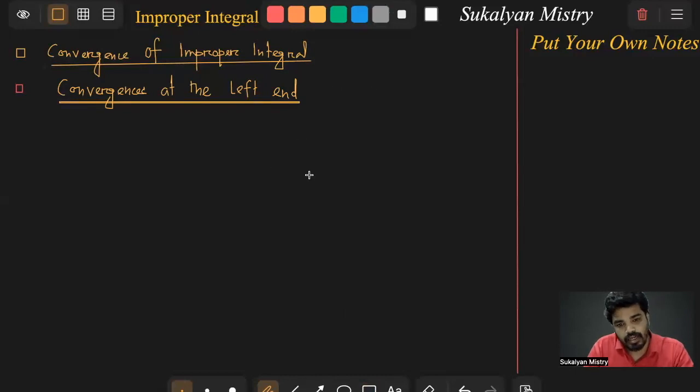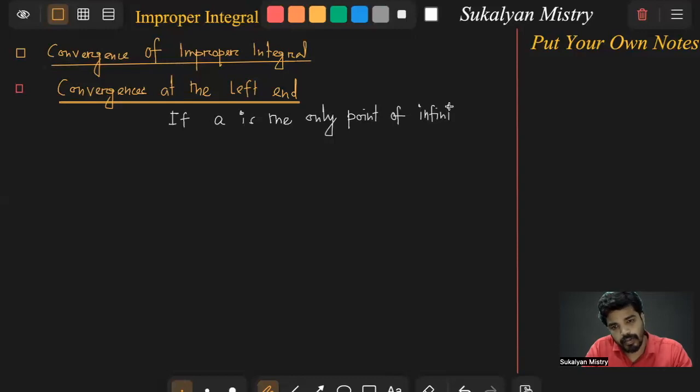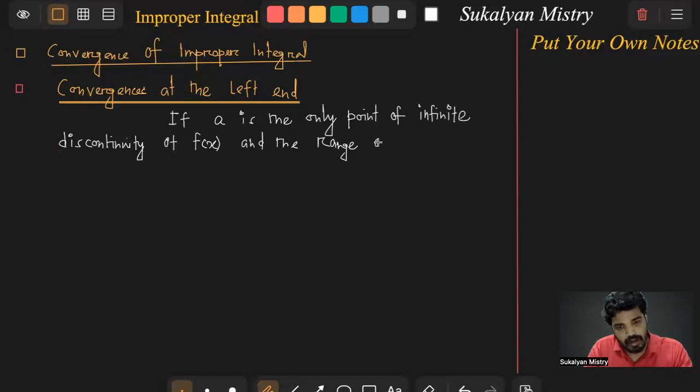If a is the only point of infinite discontinuity of the function f(x), and the range of integration, that is this interval (a, b), is finite,